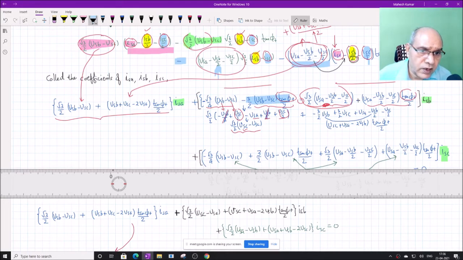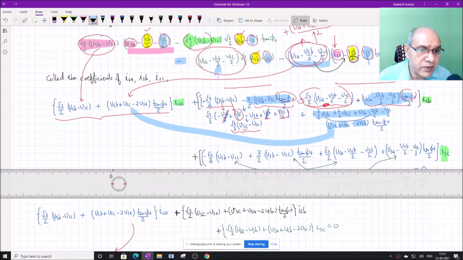This is the collection of these elements here, and you can see it here. Minus 3 by 2 BSB minus BSB by 2 becomes minus 2 BSB, and 3 by 2 BSC minus BSC by 2 becomes BSC, plus BSA, into tan phi plus by 2. This is also similar to this term, except that B becomes C, C becomes A, and A becomes B.